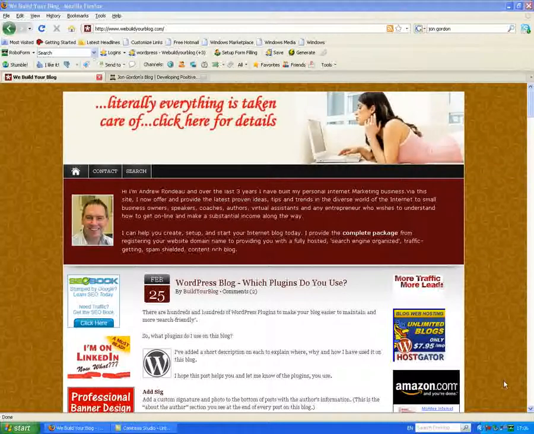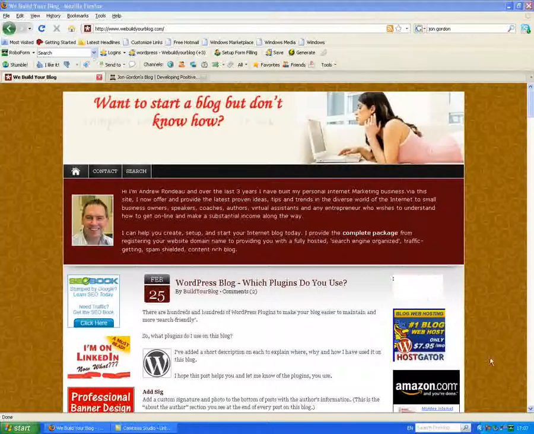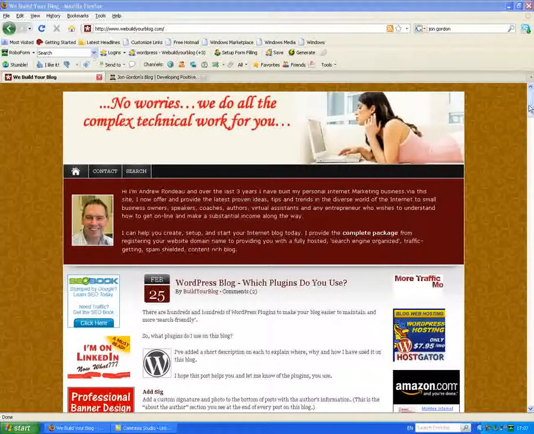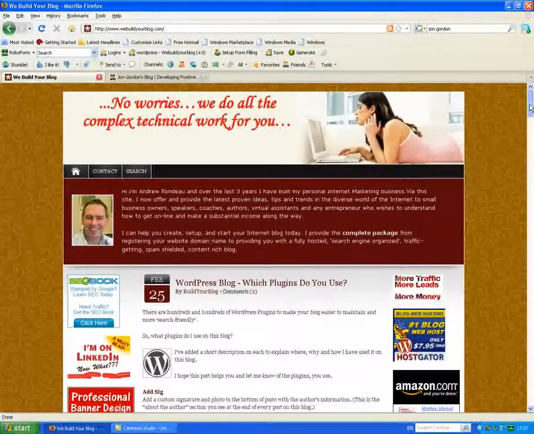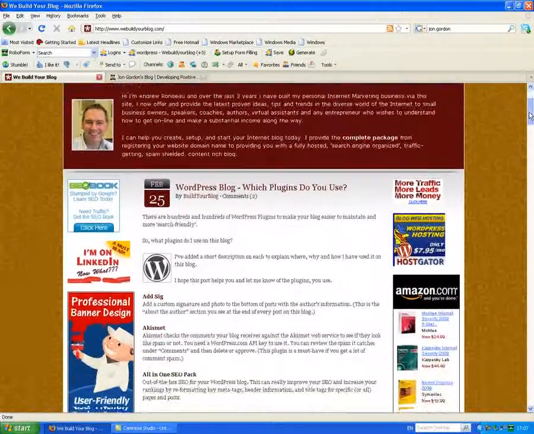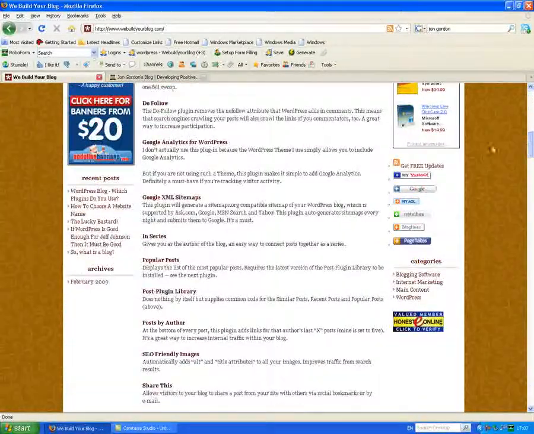WeBuildYourBlog.com. Of all the millions and millions of websites and blogs out there on the internet, there is one thing which 99% of them have in common. And that one thing is the RSS subscription button. Now, although 99% of all websites and blogs have them, not many people actually use it,